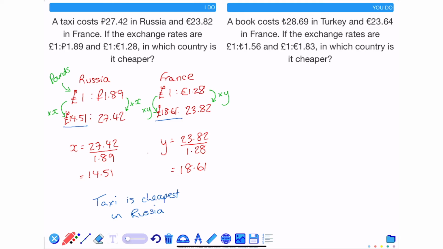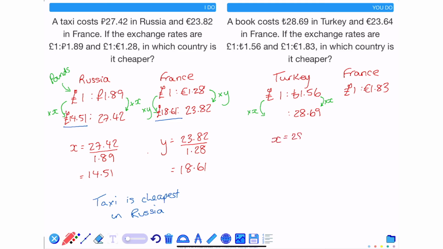So looking at the exchange rates, I need to convert 1 lira and 56 euros into 28 lira and 69 euros. If I can work out what the multiplier is and multiply the left hand side by the same multiplier, this will give me the equivalent price in pounds. To work out the value of x, 28.69 divided by 1.56 gives 18.39. The cost,